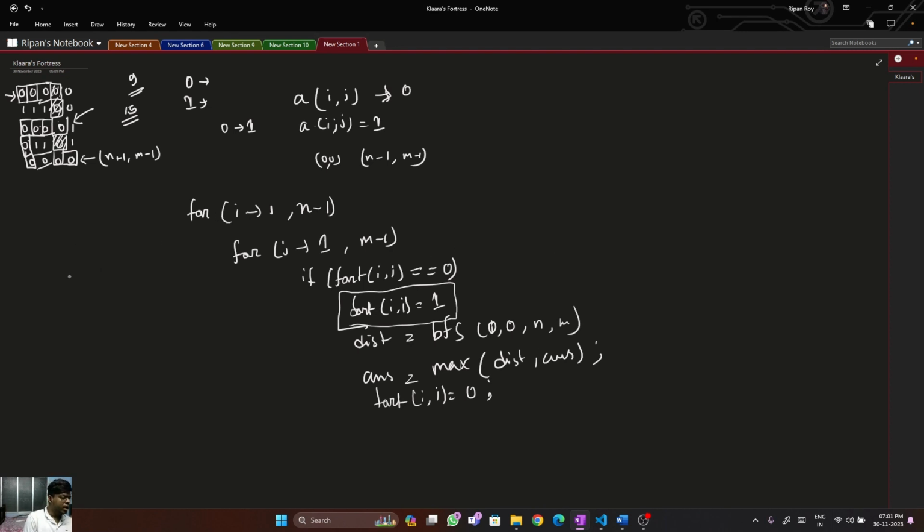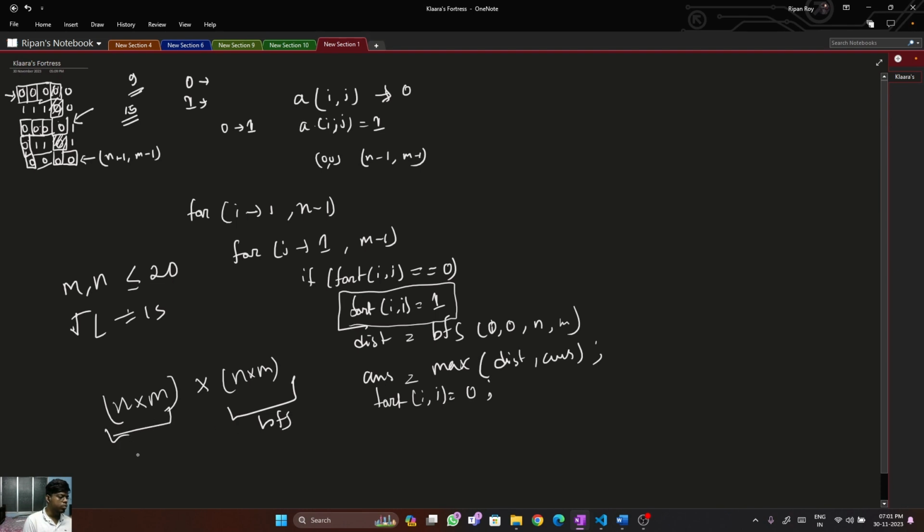In the question, the constraints are given as m comma n less than or equal to 20, and the time limit is given as 1 second. So let's see how long this solution should take. These two nested for loops will run n cross m times, and the BFS function will also run another n cross m times. So I'm doing the BFS function n cross m times basically. So this is for BFS and this is for the nested loops. So this is big O of n cross m